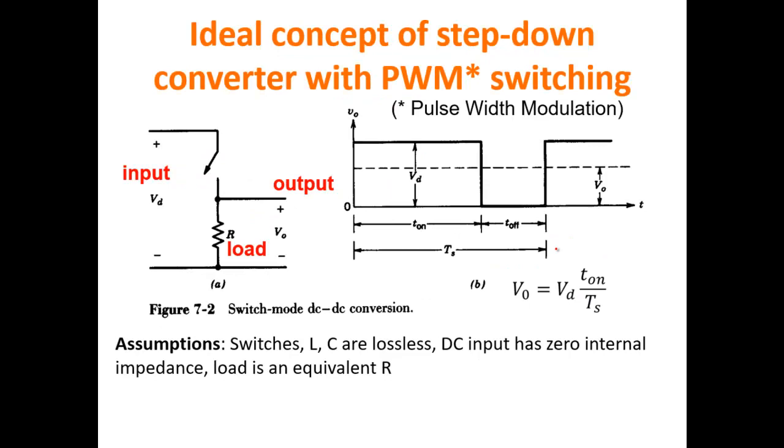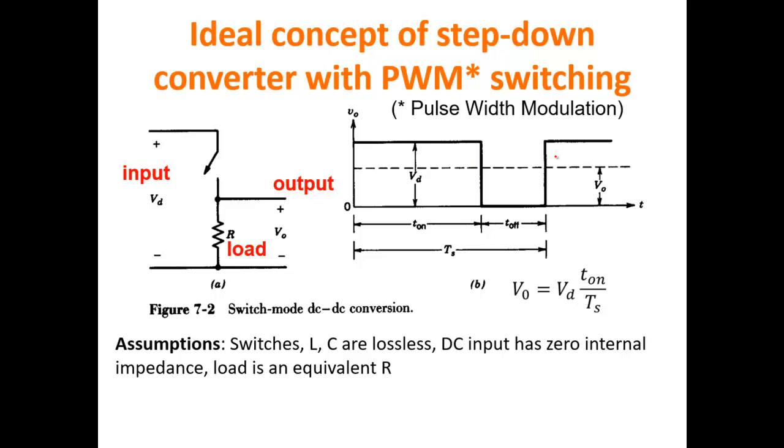When the switch is on, VO is equal to VDD. When the switch is off, VO is equal to zero. And then you can go periodically, and depending on the width of this pulse, the duration of the time during which the switch is on, that in this graph is called T on, you can modify the average value of